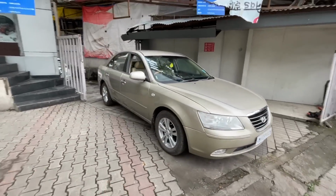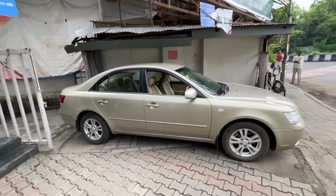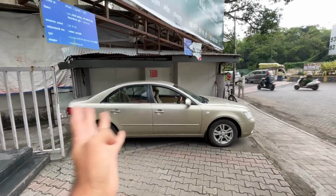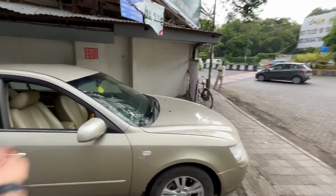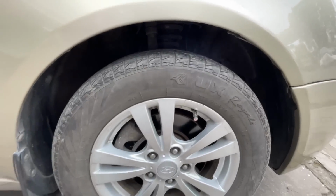From the side, you realize this is actually a very long car. Look at the length of this car. The good old times when D-segment cars used to sell. Now the only people buy SUVs, fake SUVs, crossovers, whatever you want to call it. Anyways, the size of the wheels,